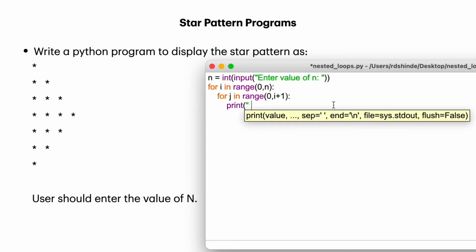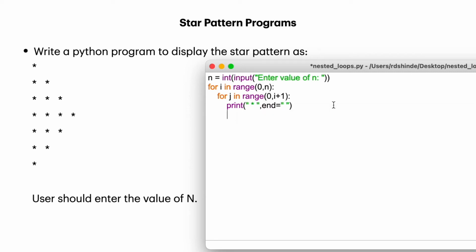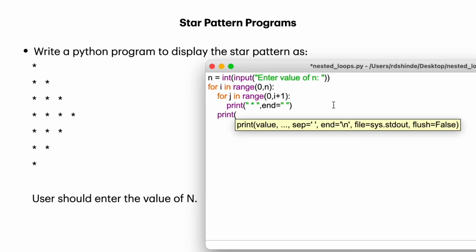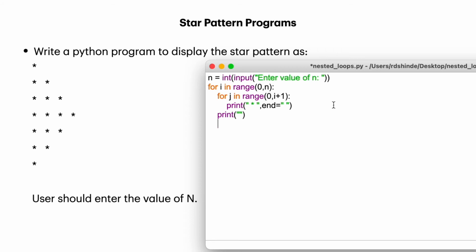Star is a string, so print star, and we want to stay on the same line, so we are using the end parameter. And to change the line, we are using a print statement again after this for loop. This code will print stars from 0 to this line where we have 4 stars.